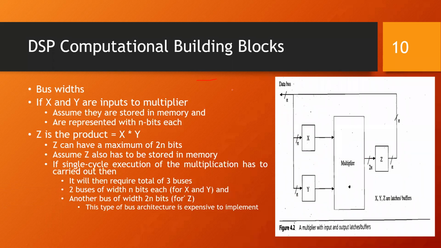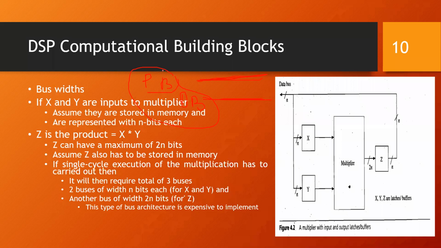I might be having two buses which are available. Okay, actually we have two buses itself. One is the program bus and one is the data bus. So this one is n bits and this one is n bits. So generally this is how it will be present in your processors. So we have these two buses.